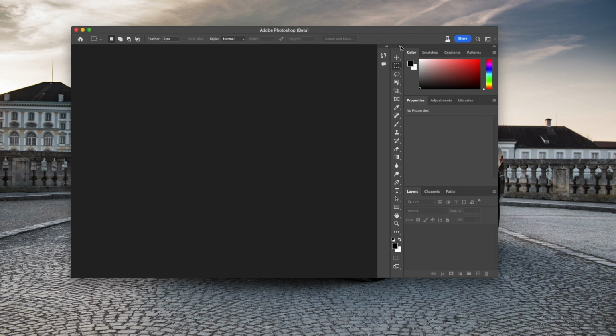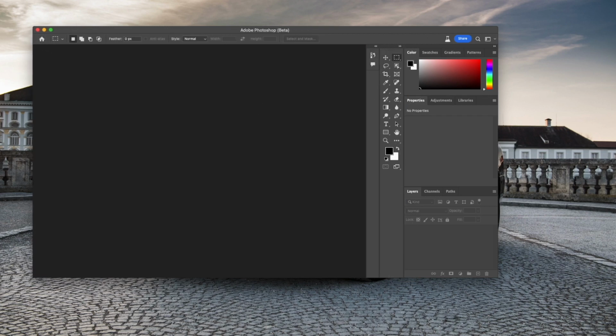Contrary to popular belief, I think it should be on the right. And let's open something and see how it generates something from there. So